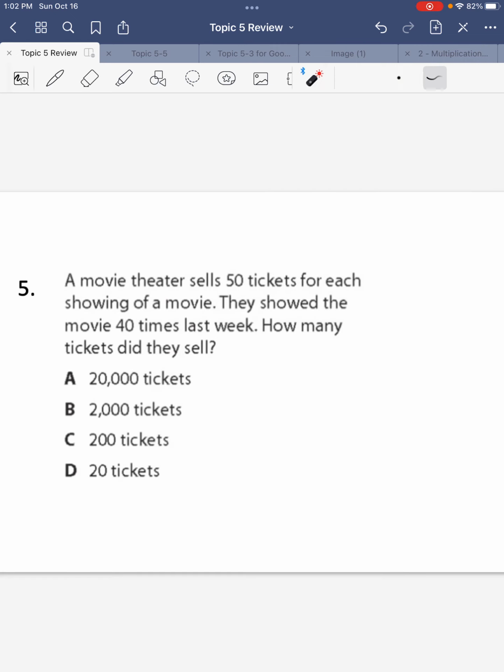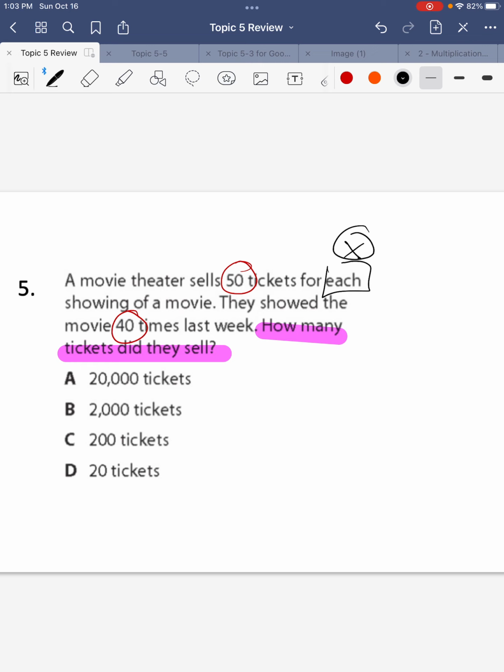Number 5 says, a movie theater sells 50 tickets for each showing of a movie. They showed the movie 40 times last week. How many tickets did they sell? So I'm going to do my cubes, circle my numbers, 50, 40, underline my question, how many tickets did they sell? Box in my keywords, each tells me I'm going to multiply. Times means it's going to be 40 times, and it says how many tickets. So I know I'm going to multiply